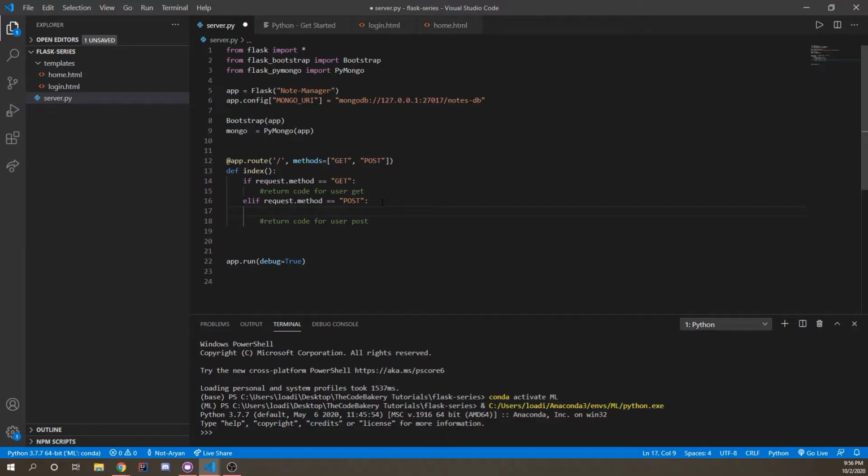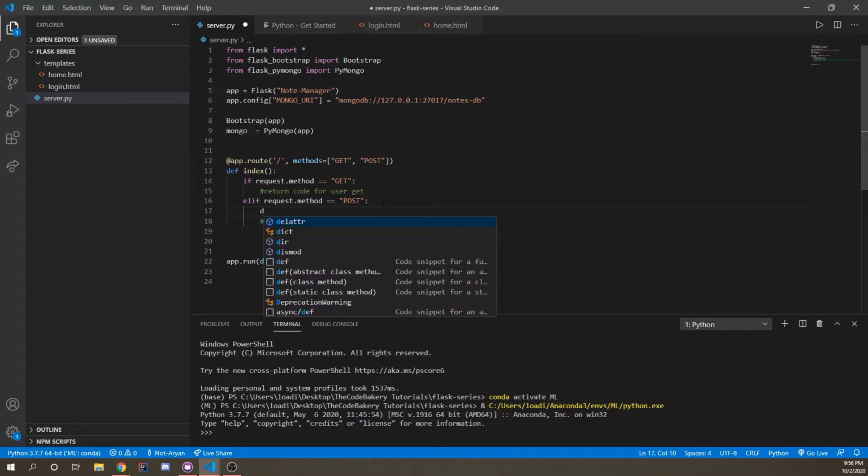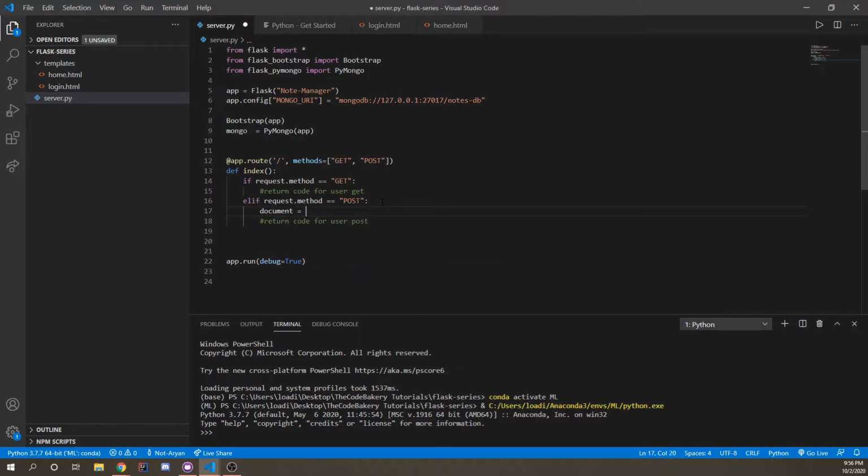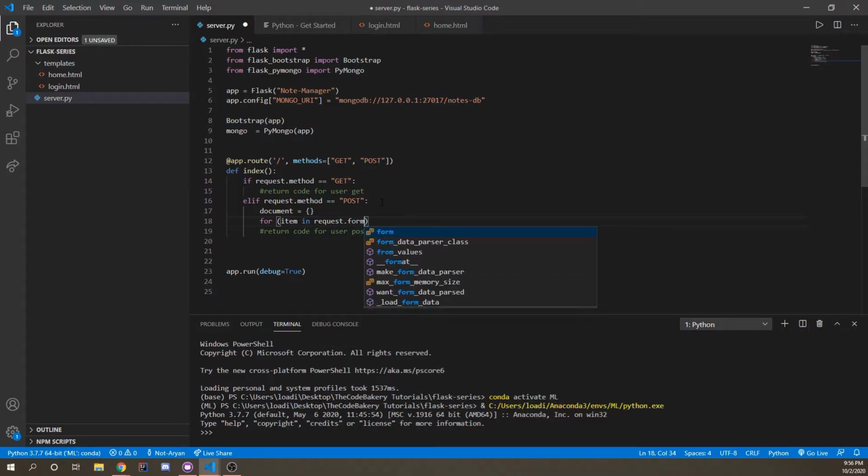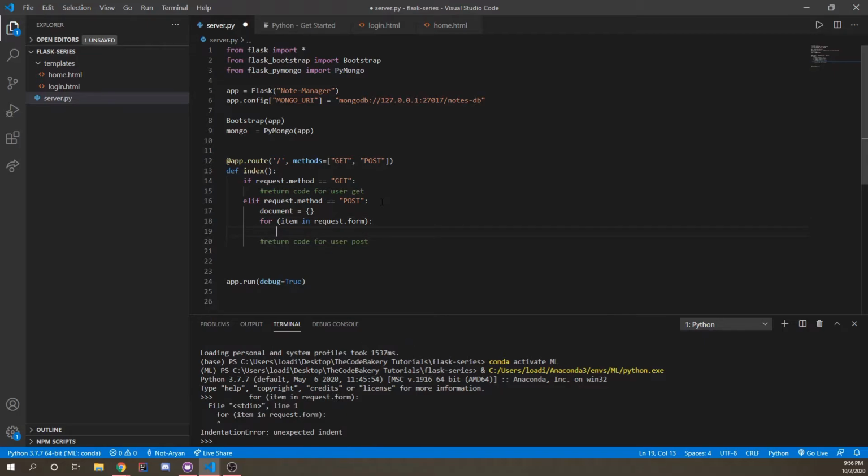That is going to activate our post. And so what we want to do is type document equals blank, and that's 2 curly braces, and then for item in request.form, document of item is equal to request.form of item. So this is filling the document with the user's input, and then we're going to write